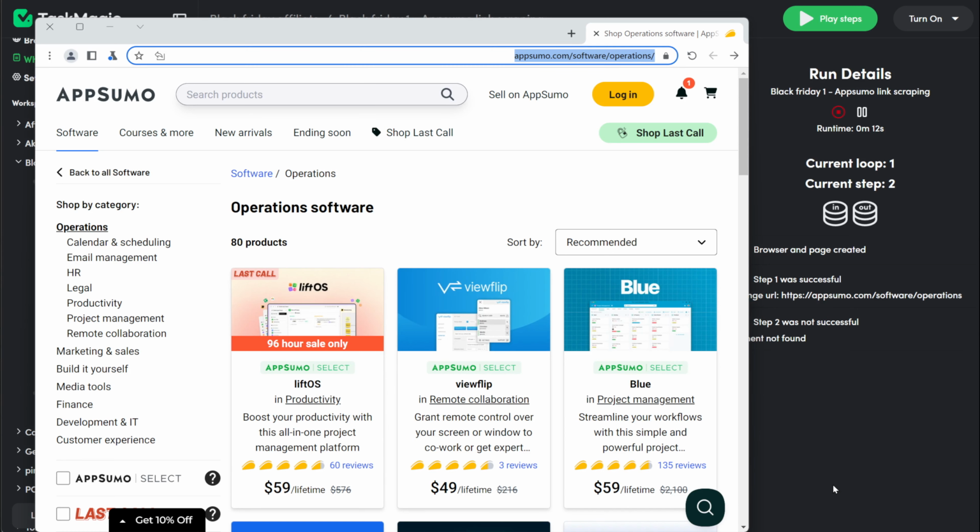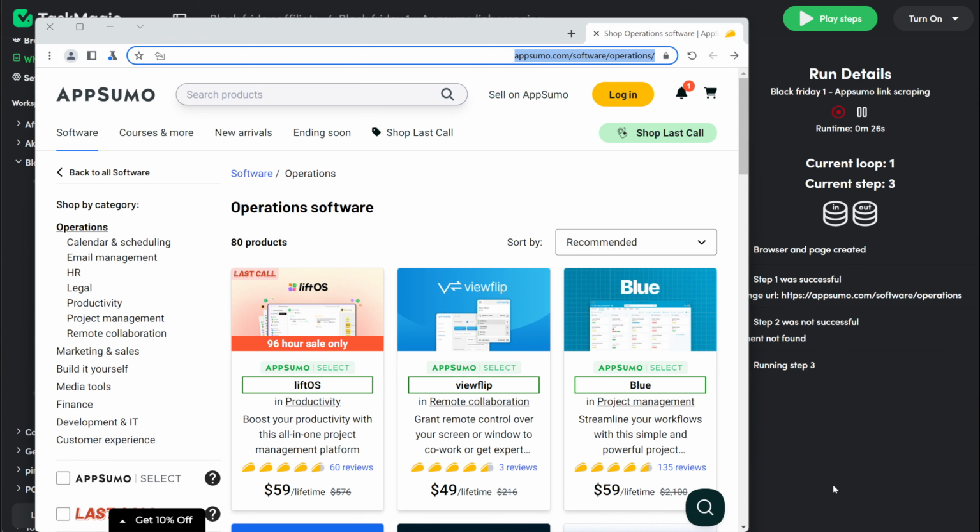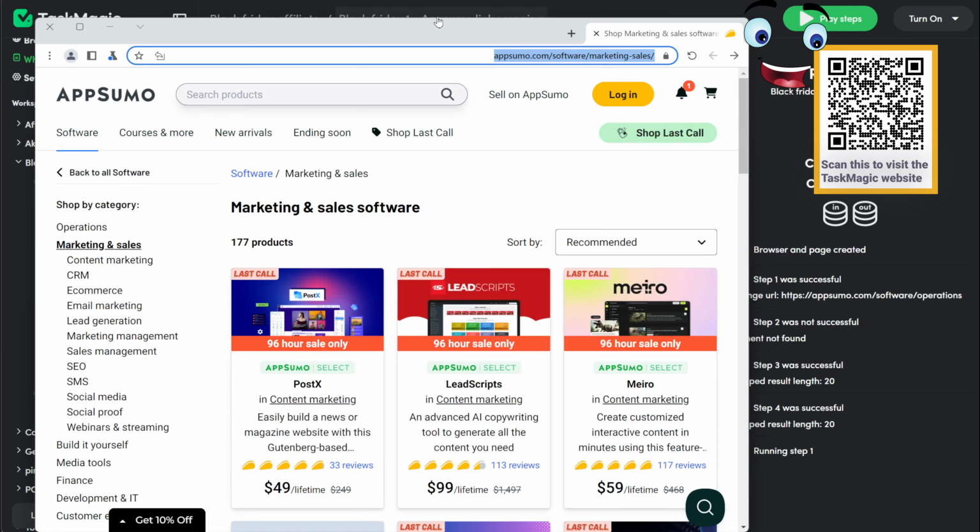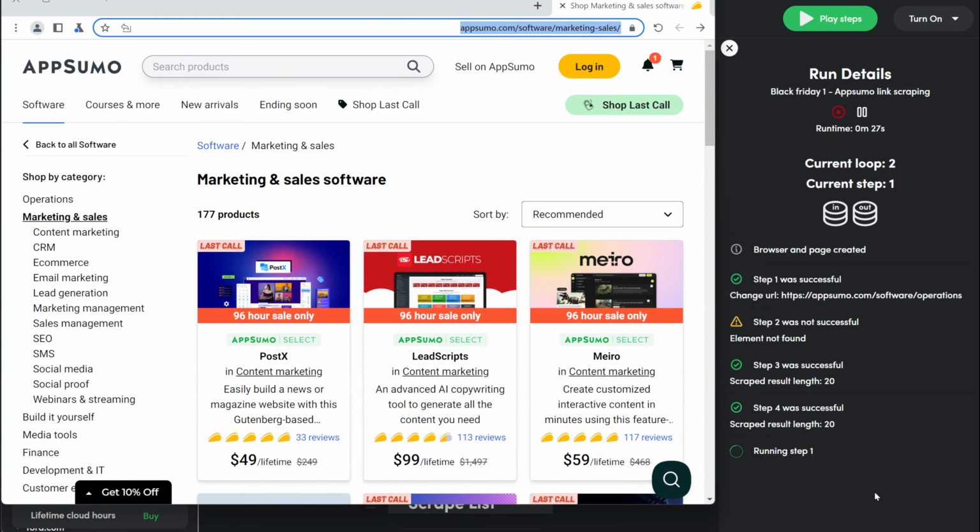This ensures the automation runs smoothly through all the steps, from opening each category link to scraping the product details, and then moving on to the next category without any interruptions. Or you can do what I'm doing and just change the link manually each time you want to run this